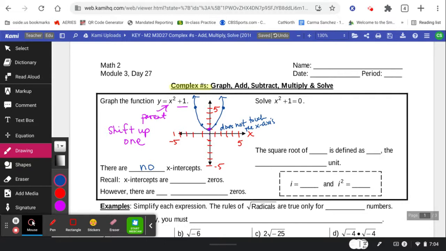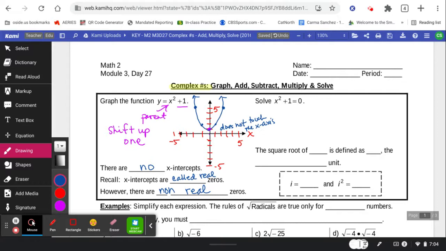Remember that x-intercepts are called real zeros. They're real numbers usually. But however, these are non-real zeros. So we've got to now have a way of representing what do we call those zeros that don't touch